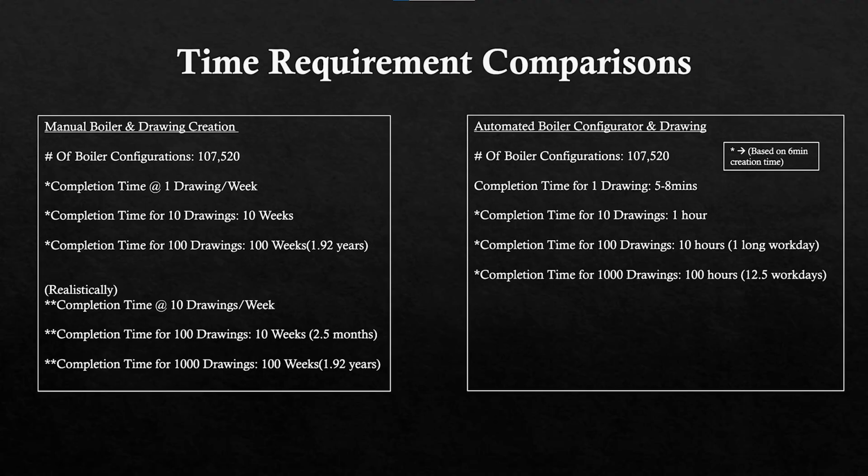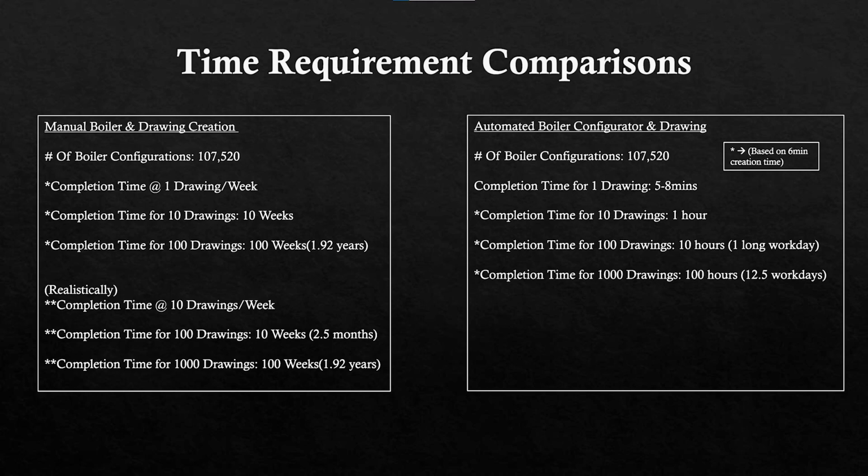So normally without the automation, you have probably about a week wait time for customers. You have 4 or 5 hours of CAD work after a drafter gets the order form, and then they have to send it out and get it approved, and that process usually takes a week. You can see on the left here, I have different completion times for certain amounts of drawings. For 1 week completion time, however, realistically, you could probably get 10 done